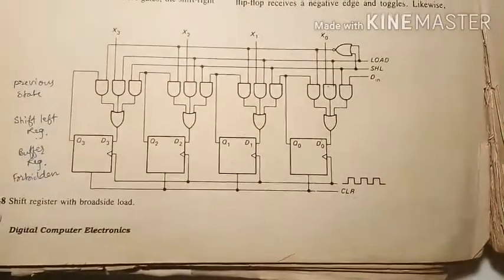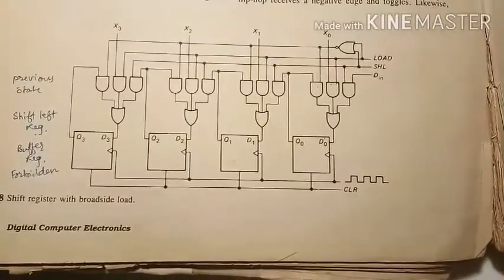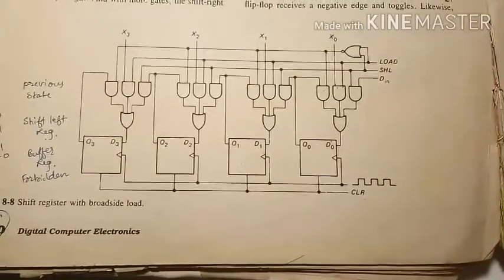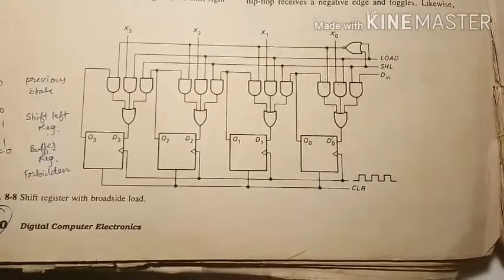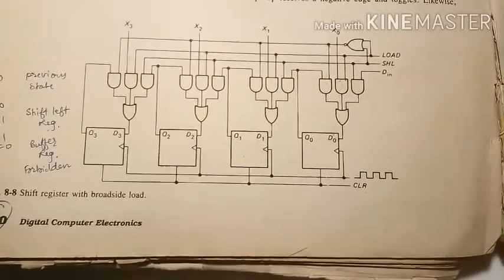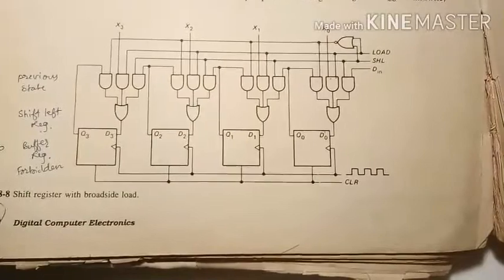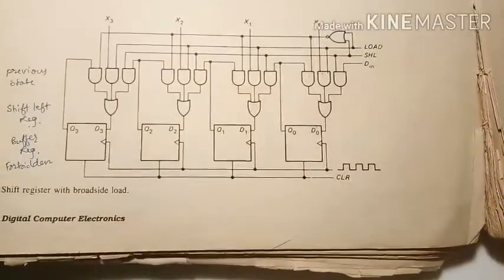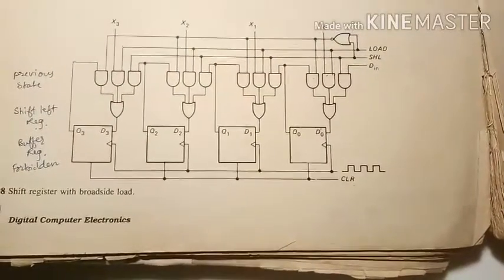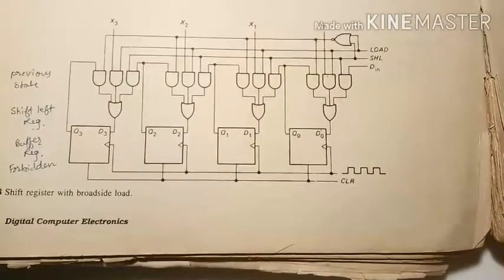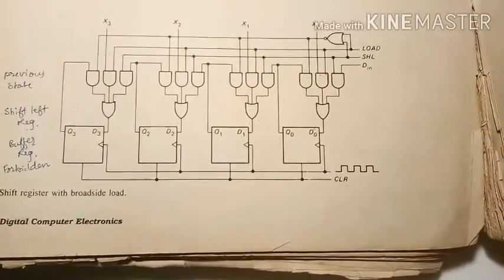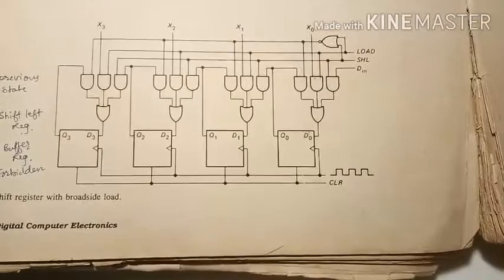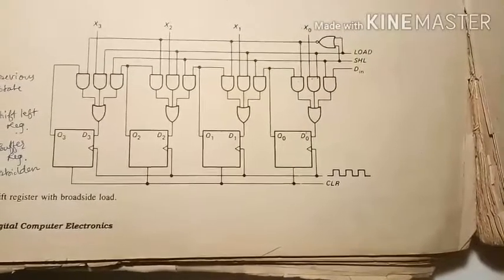डियर स्टूडेंट्स, लास्ट क्लास में हमने स्टडी किया था रिगार्डिंग शिफ्ट ऑपरेशन इन द रजिस्टर, शिफ्ट रजिस्टर. So we have studied the shift left register and shift right register. In this type of shift register we have studied the serial shifting. We are now going to study about the parallel loading of the data. We have seen the serial input, serial data, serial loading. Now we are going to study parallel loading.